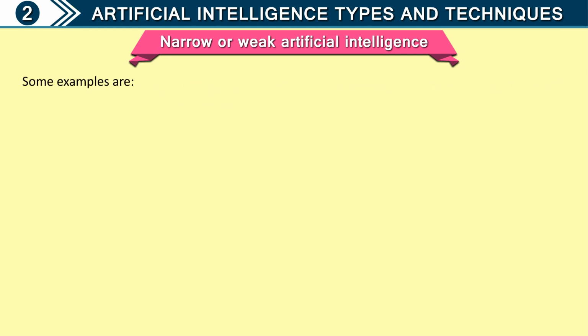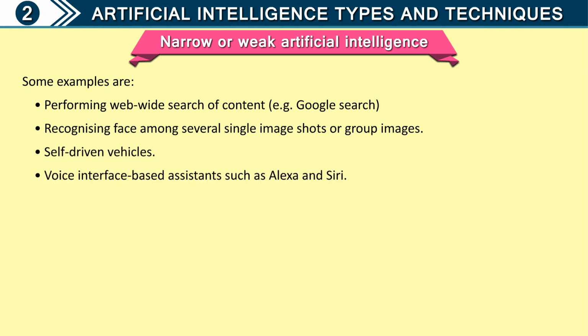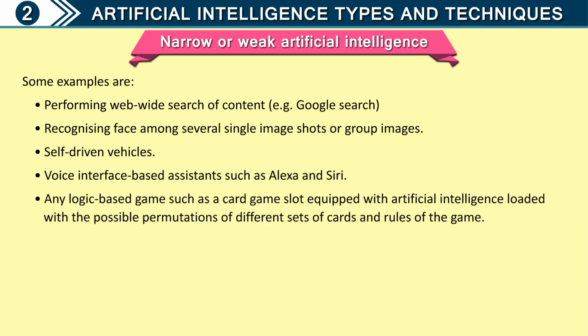Some examples are performing web-wide search of content, for example Google search, recognizing a face among several single image shots or group images, self-driven vehicles, voice interface-based assistants such as Alexa and Siri, any logic-based game such as a card game slot equipped with artificial intelligence loaded with the possible permutations of different sets of cards and rules of the game,